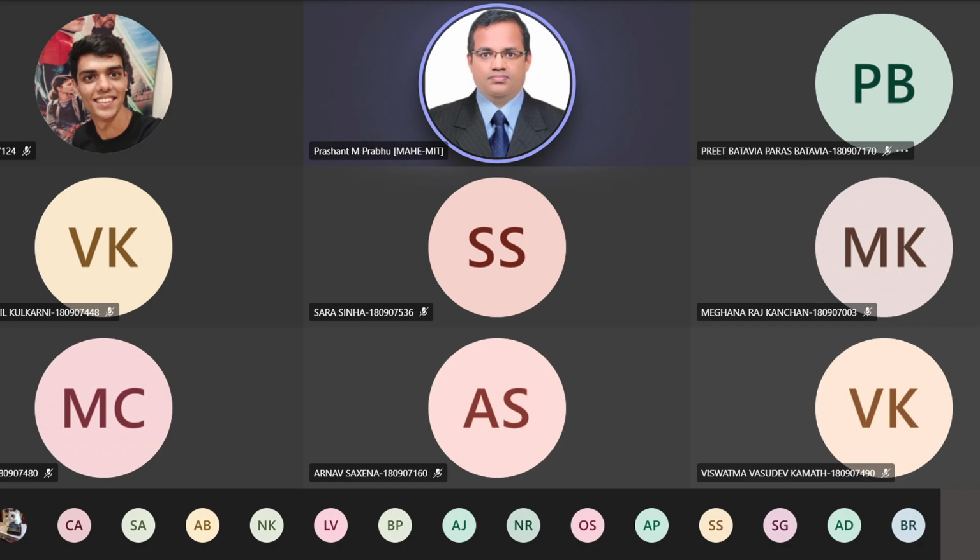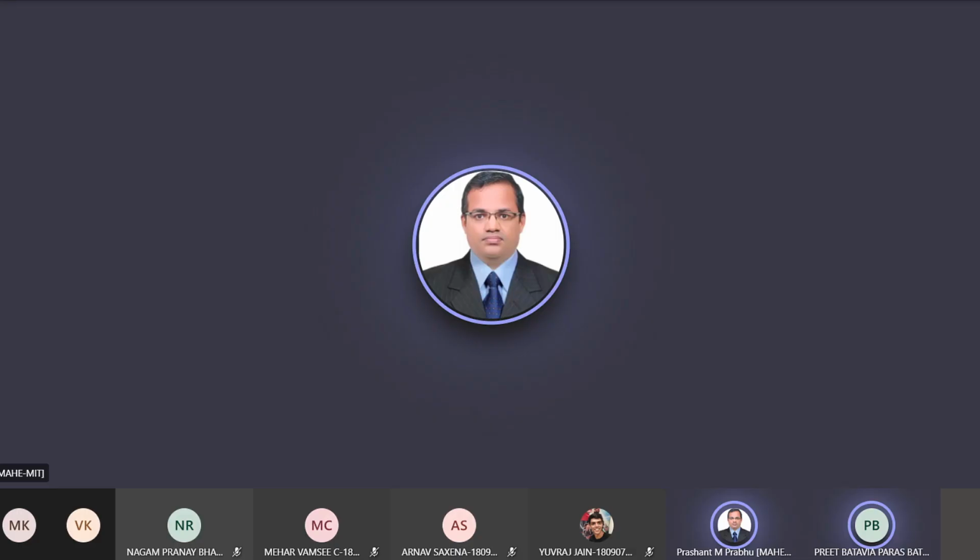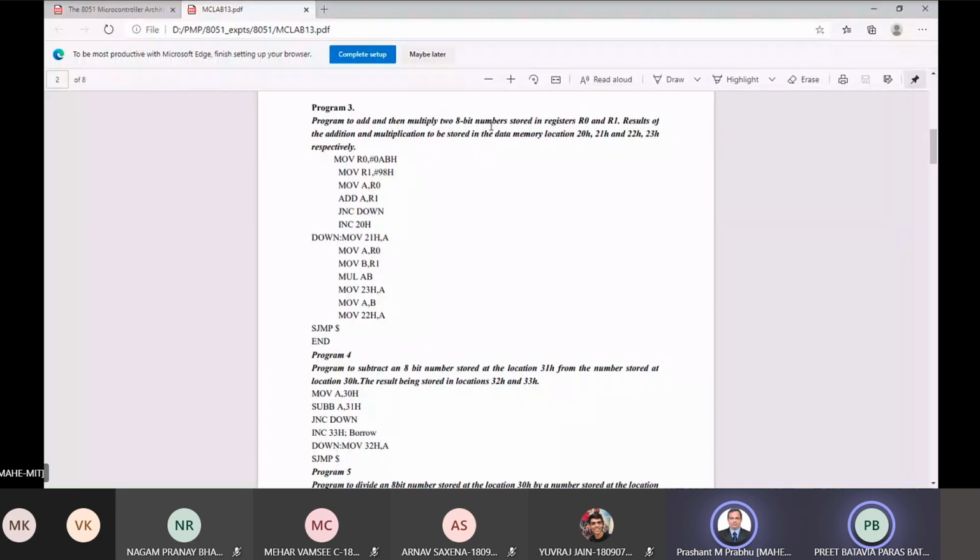Program 3, right? Yes, sir. Program to add and then multiply two 8-bit numbers stored in registers R0 and R1. Results of this addition and multiplication to be stored in data memory locations 20, 21, 22, 23 respectively.